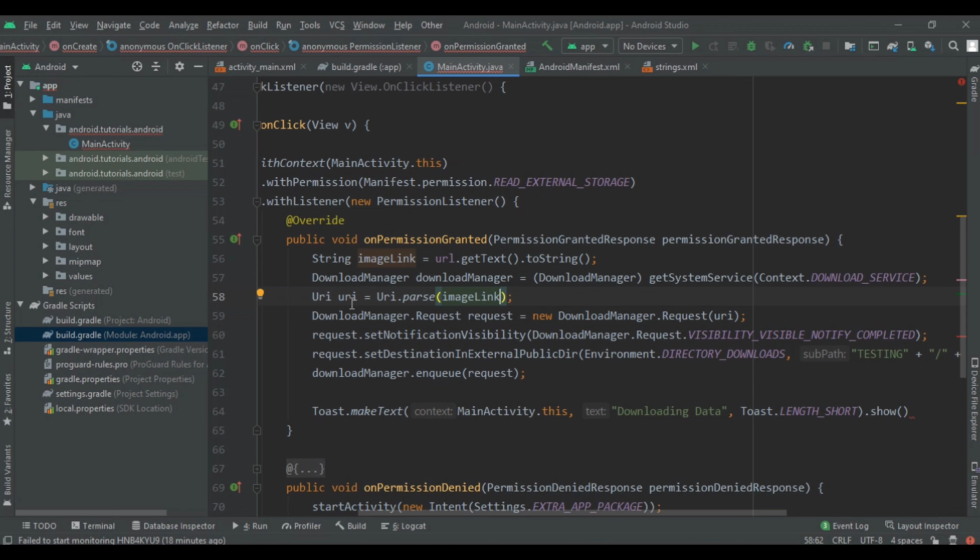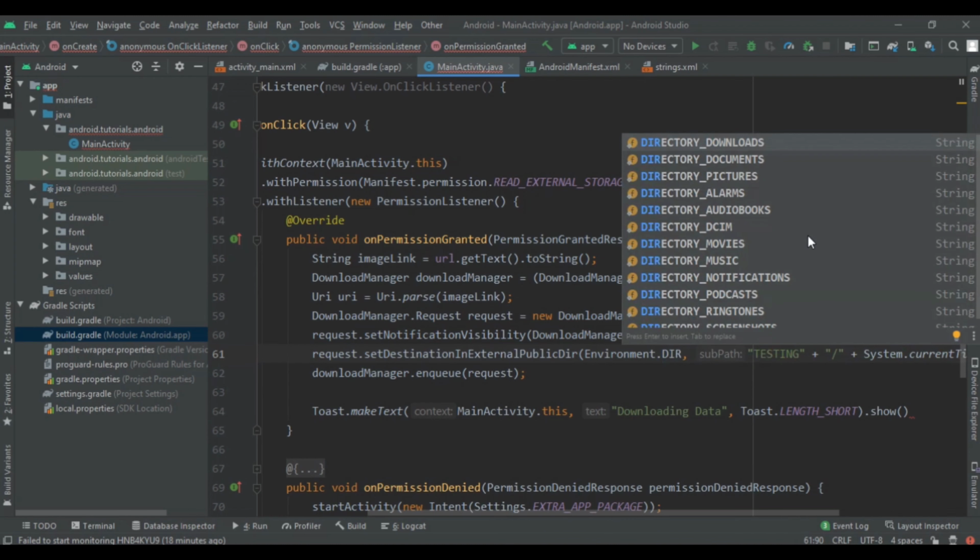We have to write this method, and wherever you want to save, you have to write it. Here you can see Environment dot directory downloads. Instead of this downloads directory you can save it in documents, pictures, audiobooks, DCIM, music, screenshots, or wherever you want.